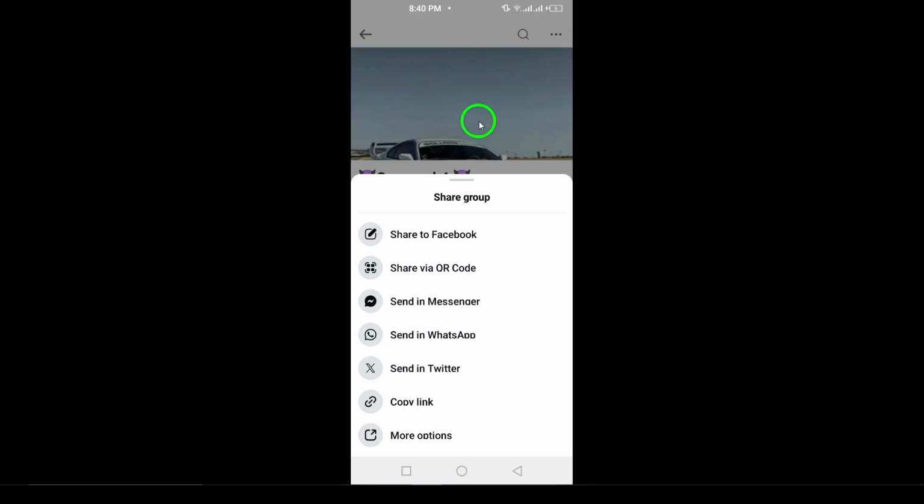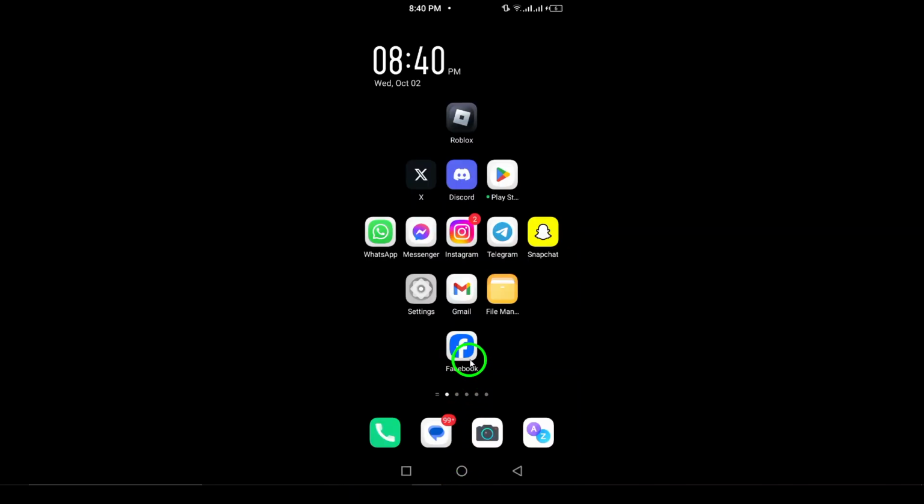And that's it. You've successfully copied the group link on Facebook, whether you want to share it via message, email, or any social media platform. This quick method makes it easy to connect others with the